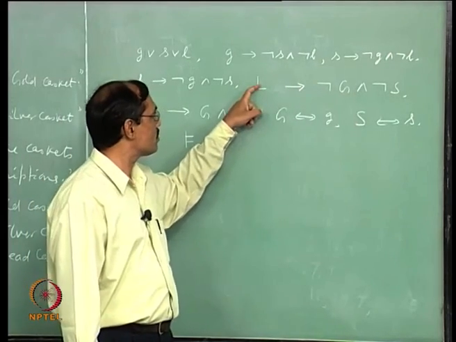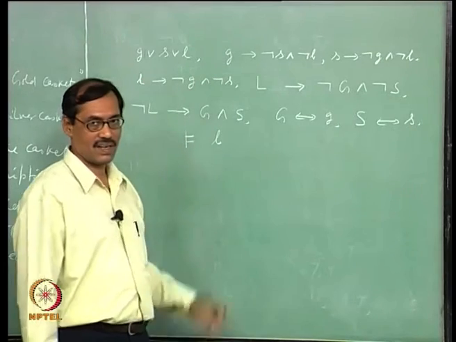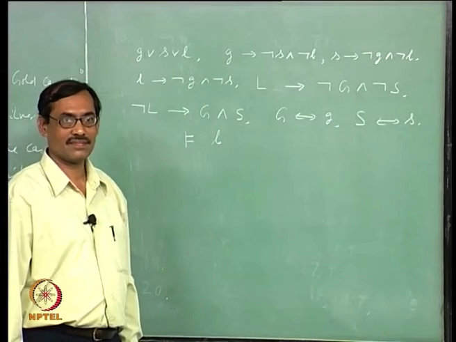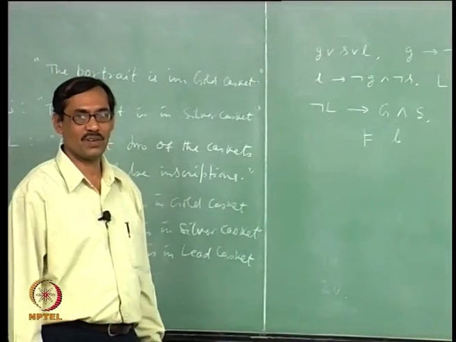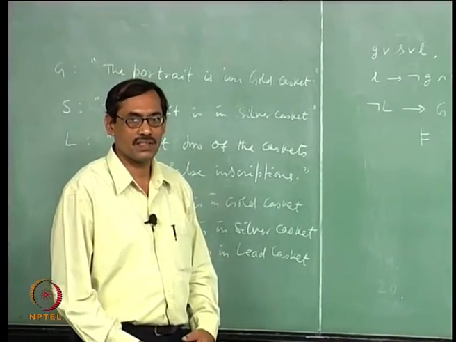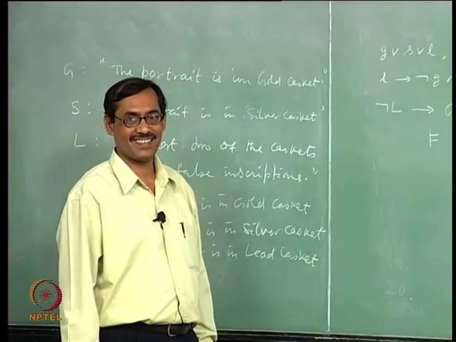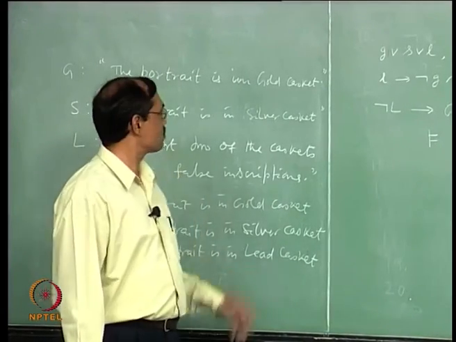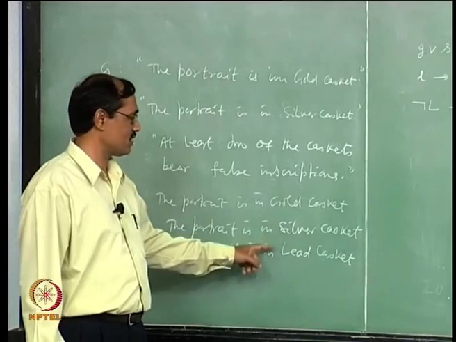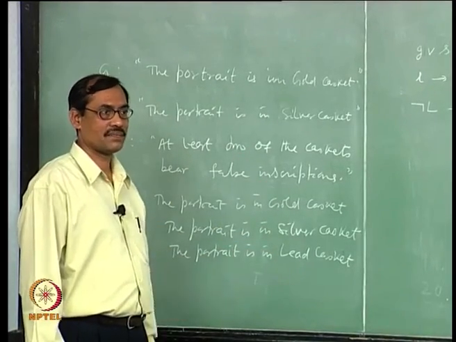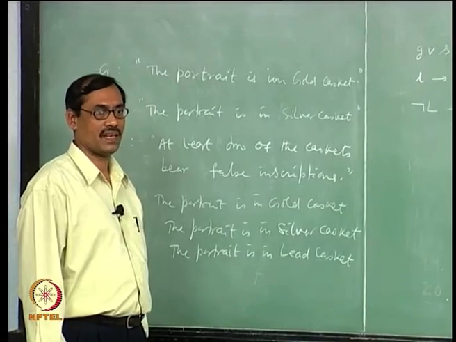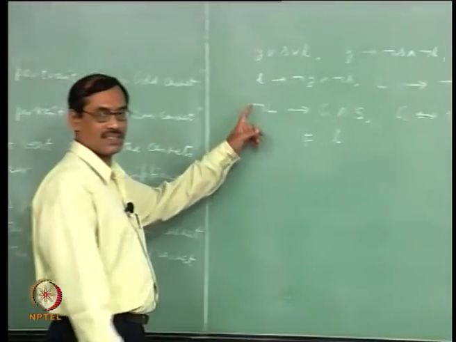Okay. Where else? Here also we could have taken, but we are not able to think about L and small l, right? Is it? We do not know. It does not say the portrait is in here, it says something else, right? Those two we could do because they are the same sentences here, but for L the sentences are different, fine. So, let us do that first.